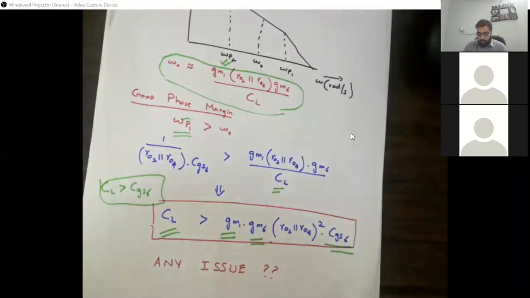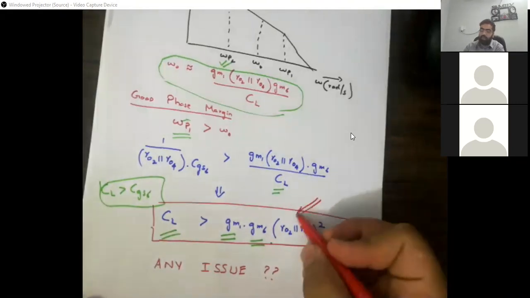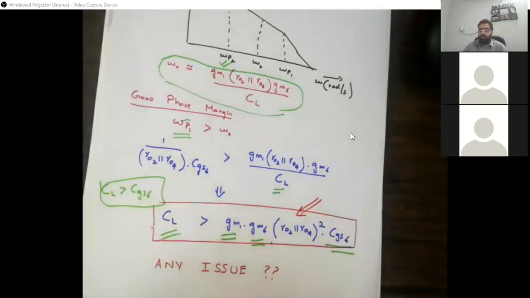In order to achieve a good phase margin, in order to achieve a stable system, there is some issue here, जो मैंने यहाँ point out किया हुआ है, this expression. Can anybody see this one? So that's very much important. So what's going to happen? जी बताएगा. Say internal resistance की वैल्यू मुमकिन है exceed कर दे CL की वैल्यू का. आप ये इंडिकेट कर रहे हैं क्या?